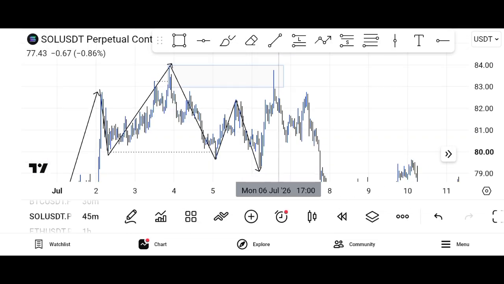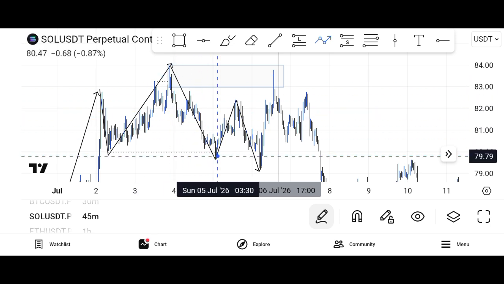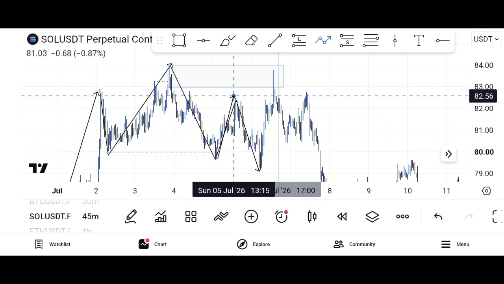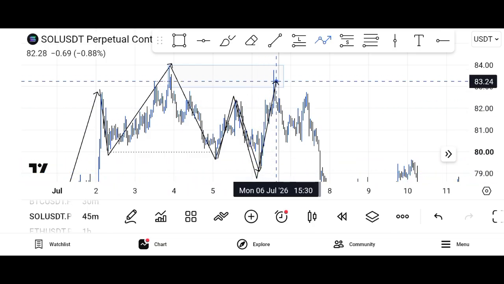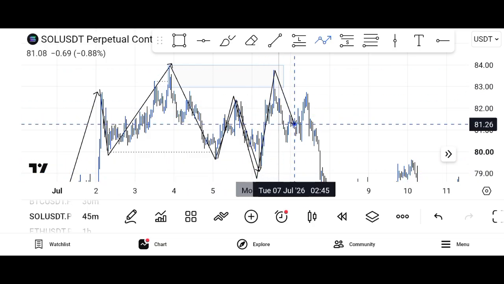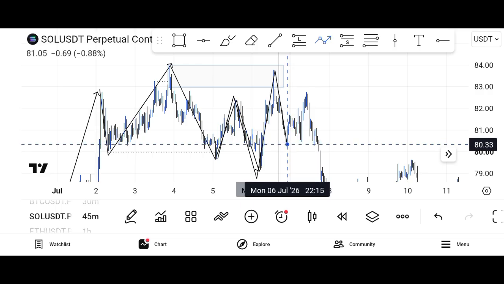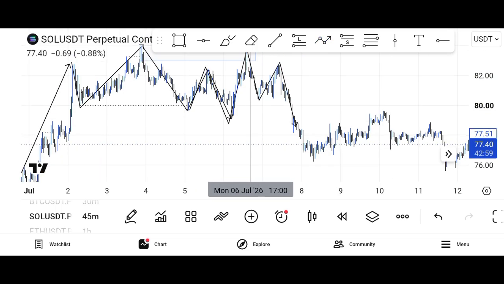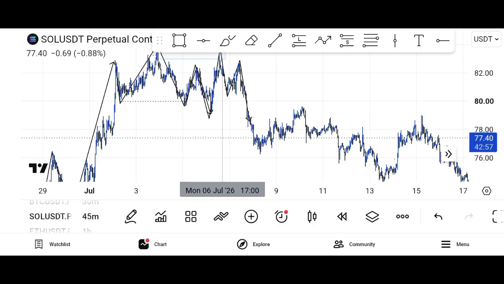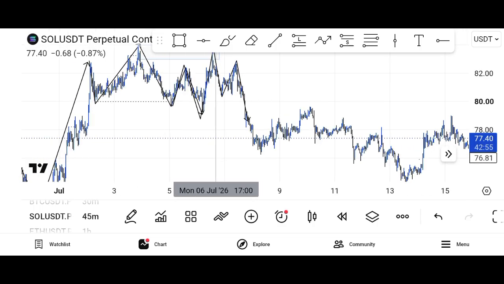So what literally happened is that after we had a market structure shift, the market confirmed to us that it's actually heading downwards. Then it just came back to respect from our point of interest. And if you see, then we had this internal structure here, and the market just kept pushing all the way down, telling us that okay, we're now heading back down. So at this point now we had